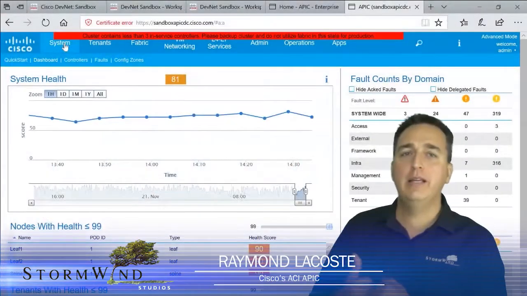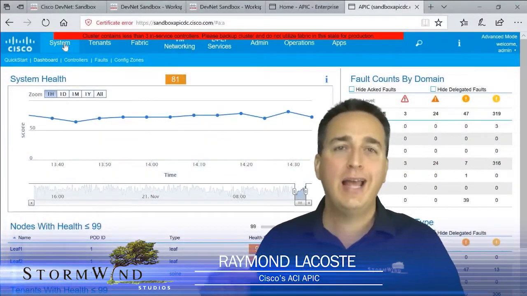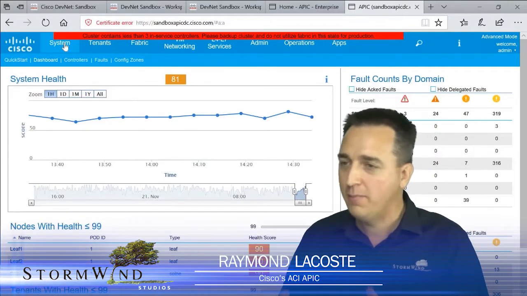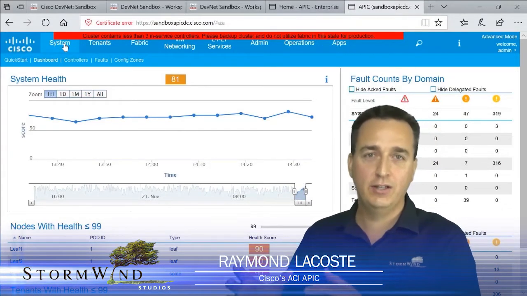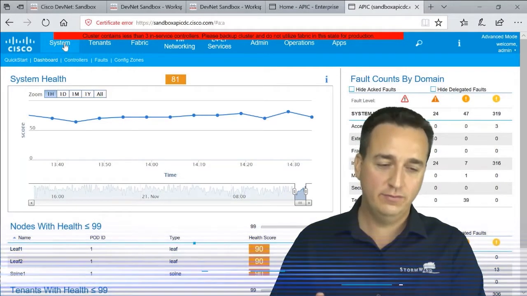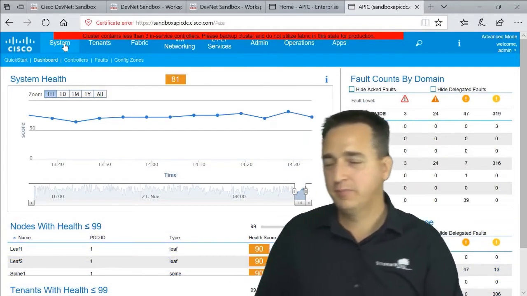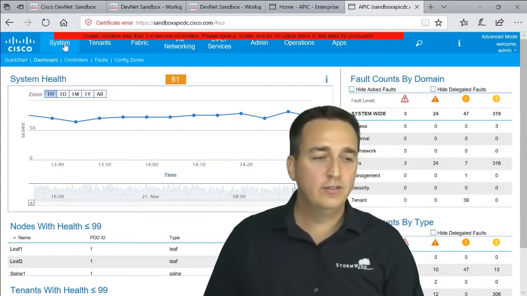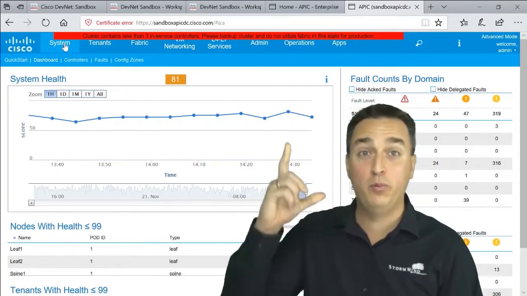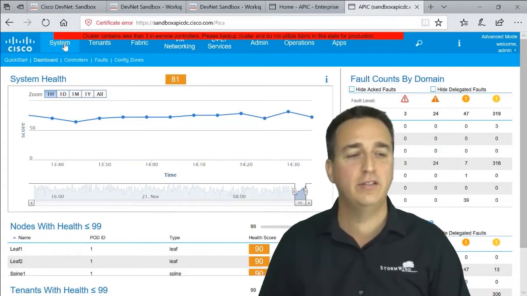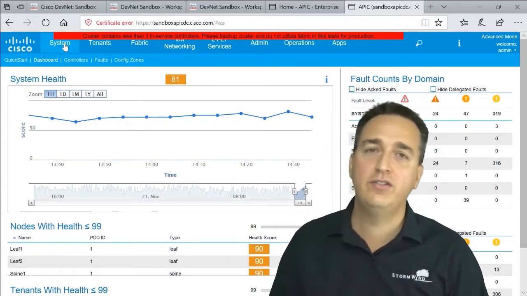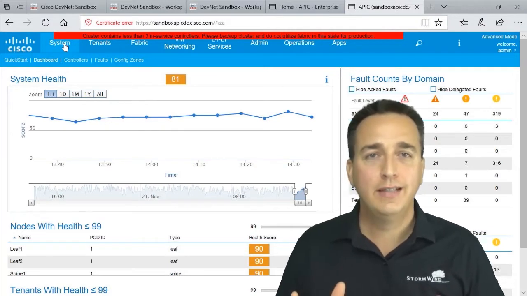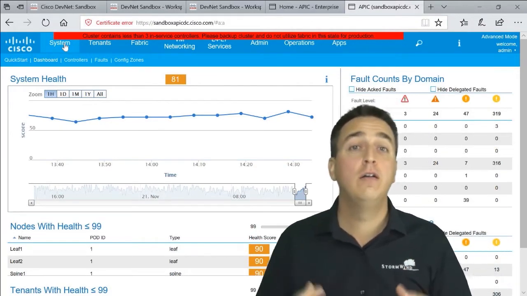So what we're looking at right now is the APIC for ACI, the application-centric infrastructure, which, if you recall, is Cisco's SDN approach for the data center. So we'll see here that we have this beautiful dashboard right off the start, but I want to point to the red notification at the very top. And that red notification is giving us a warning that we only have one APIC in this overall fabric that